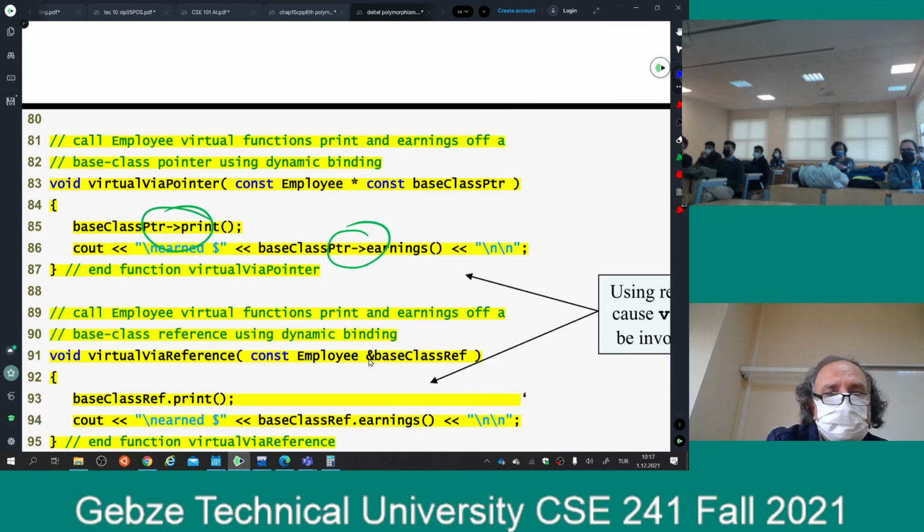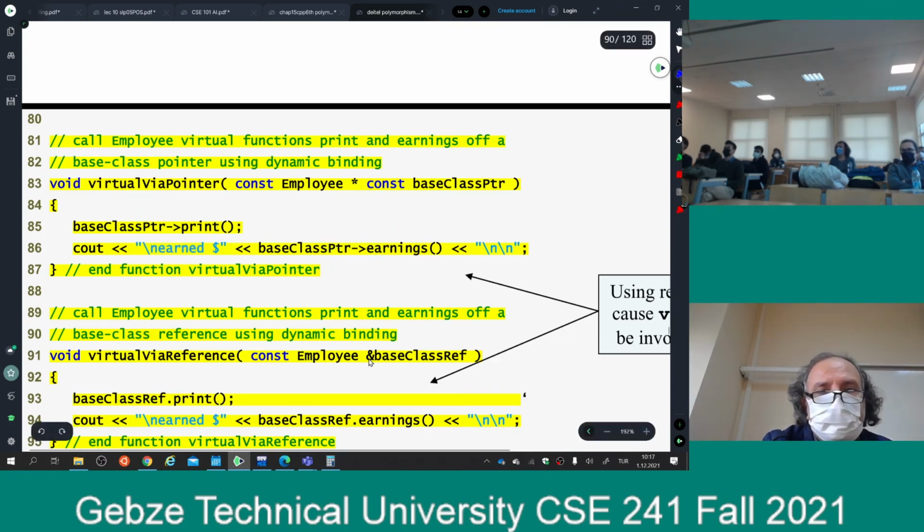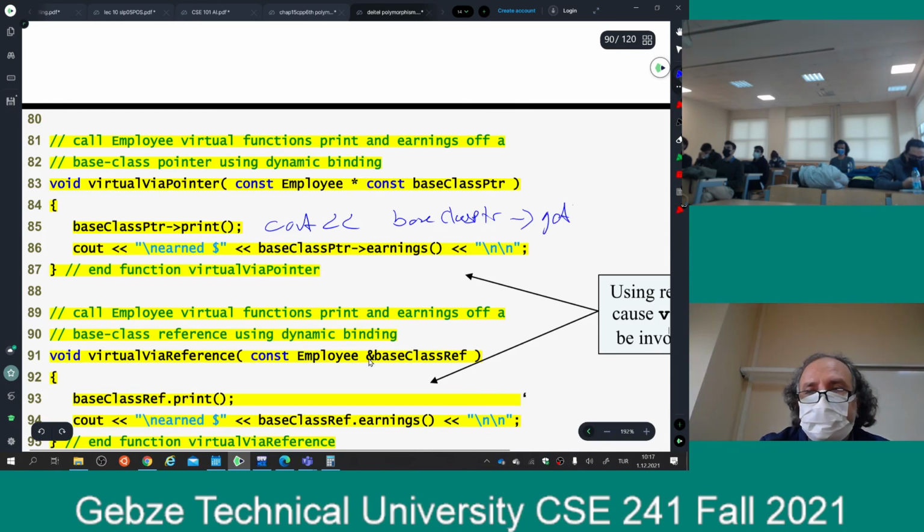If I have such a thing, for example, cout base class ptr and get name,